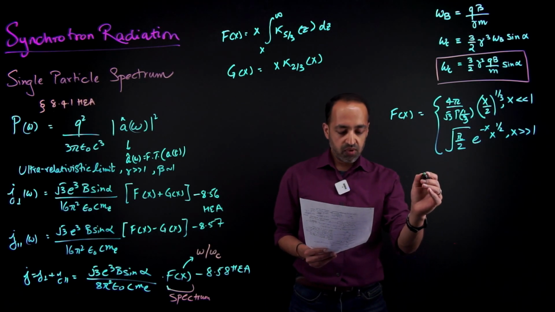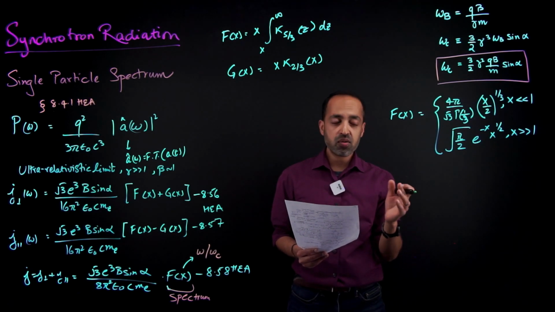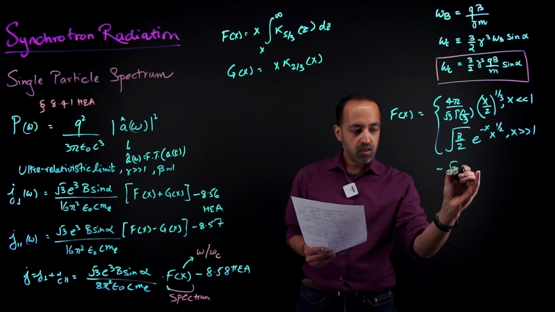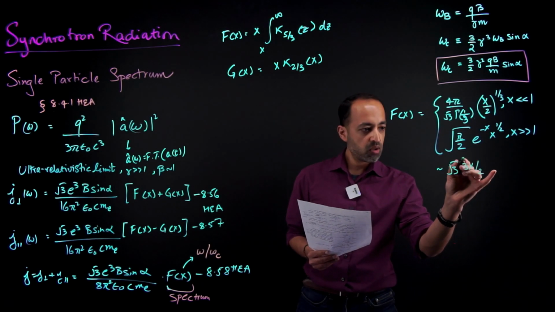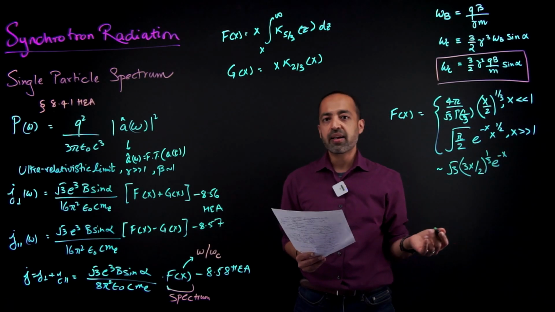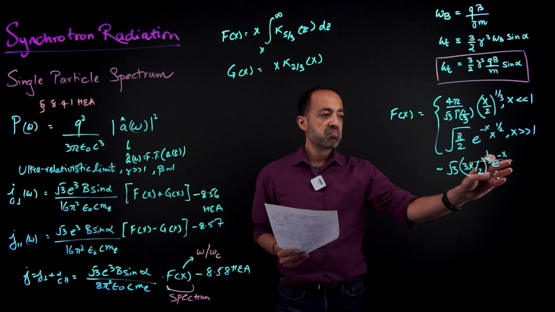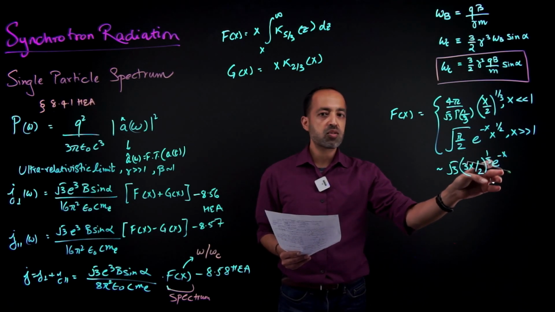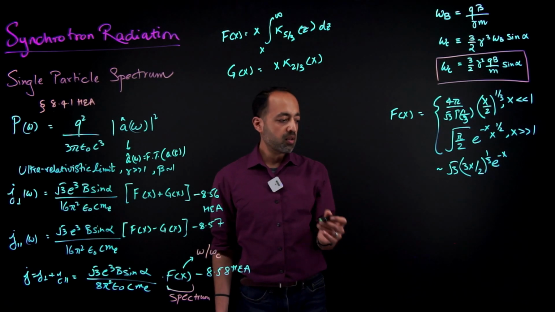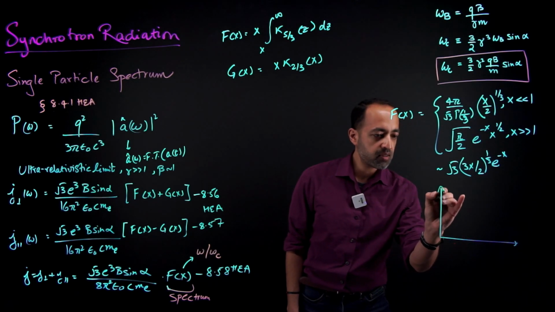There is an expression for this that is an approximation that is valid for a range of different x, and that's like this. It's root 3 x over 2 to the 1/3 power, e to the minus x, and this is valid for all x. It's an approximation across all of x. And you can see at small x, the exponential is 1, so it's x to the 1/3. At large x, the exponential dominates, so it falls off exponentially. And you can see this if you make a plot of f of x versus x